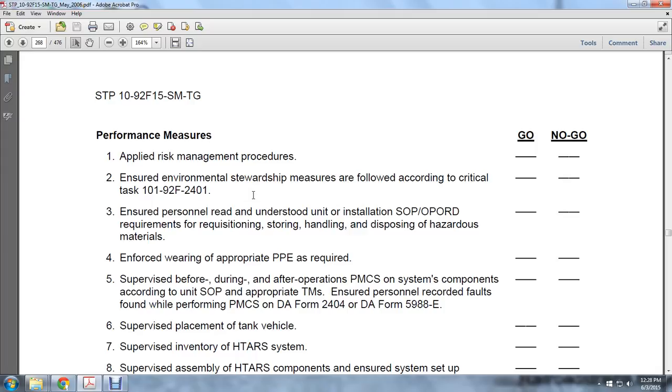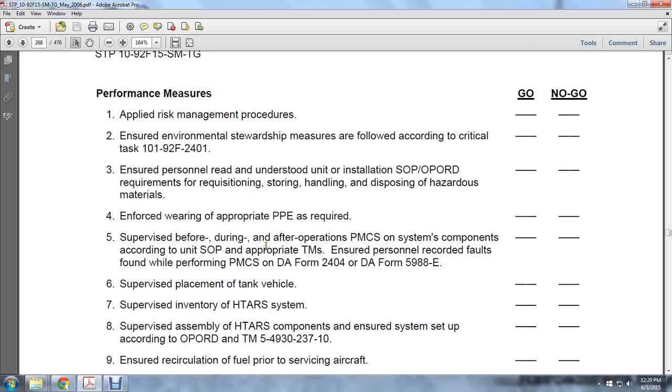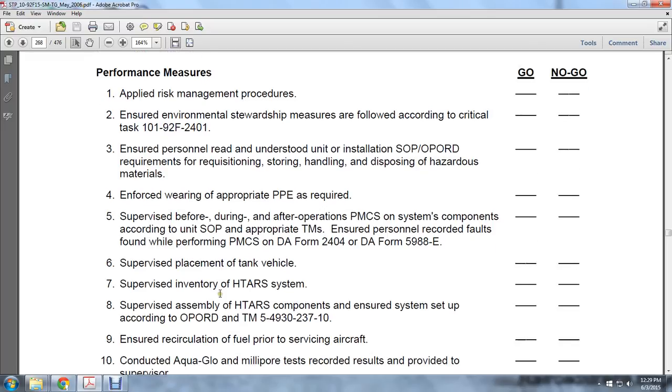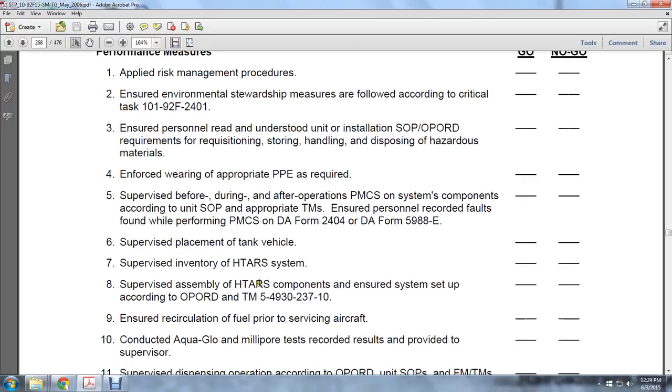Use the appropriate technical manual, ensuring personnel record faults while performing the preventive maintenance checks and services on DA Form 2404 and DA Form 5988-E. Supervise placement of the tank vehicle. Supervise inventory of the HTAR system. Supervise assembly of the HTAR's components. Ensure the system is set up according to the operation orders and TM